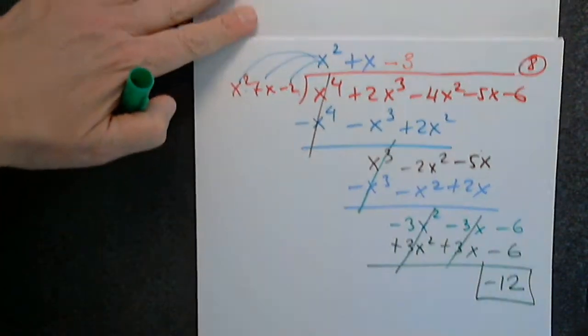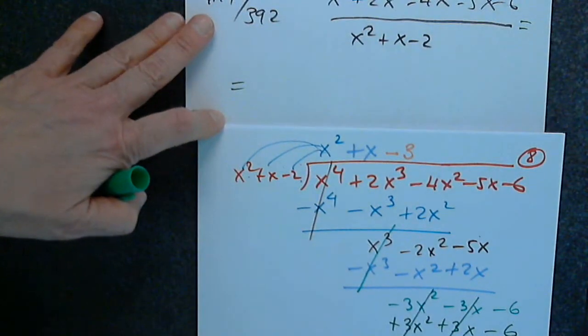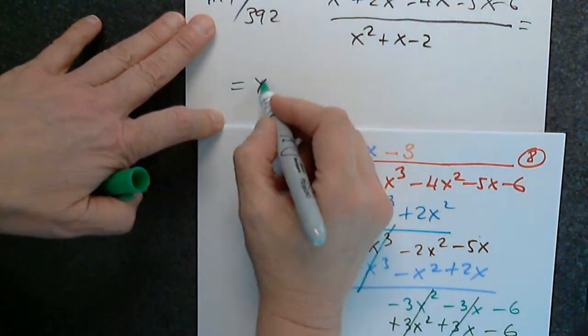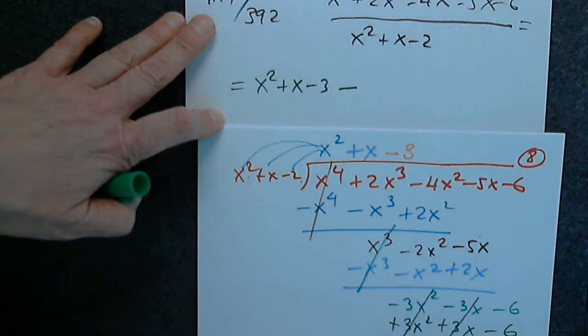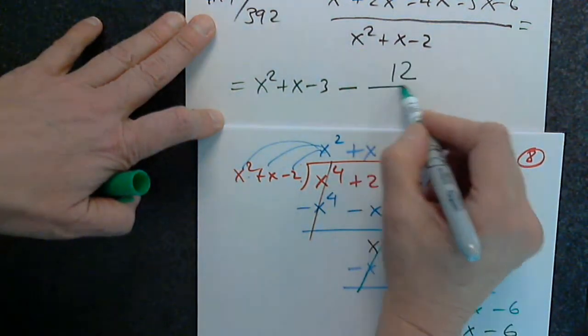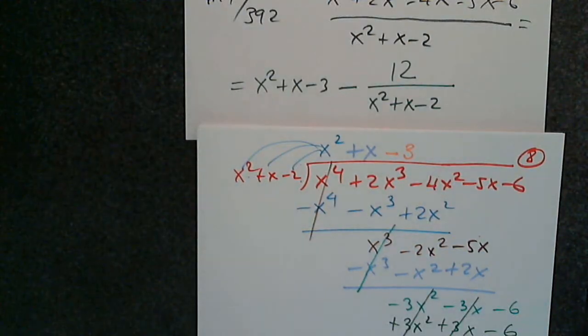Correct. So then the answer, I can write it here. Can anyone give us the quotient? X squared plus x minus 2. And then minus, because the remainder is negative, 12 over x squared plus x minus 2. Don't fall into the trap of changing